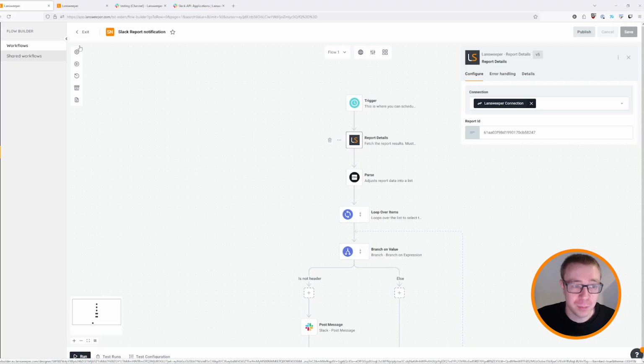So that is actually it, I believe. I have gone through everything now. Hopefully this has been, at the very least, a nice showcase of what we can do and what you will be able to do in the future, and how you can change things. Right now I've shown you notifications, but if I go back to my workflows,